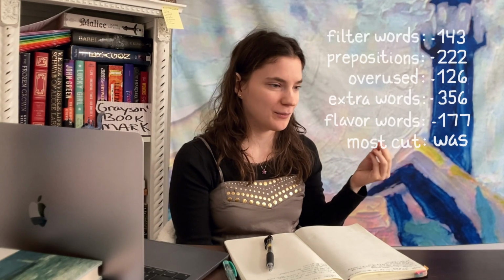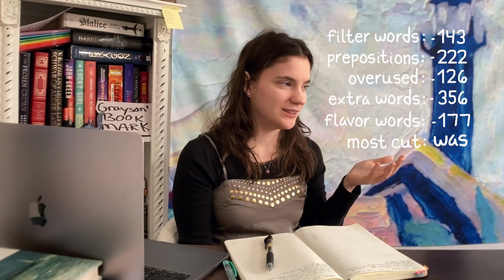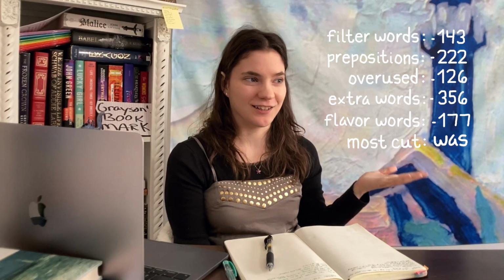I do have to confess that I did try to make a visualization of all of these words and how I cut them. I tried making an Excel spreadsheet of a 32 by 32 box, and I realized quickly how long it was going to take to fill in each box for each of these words, but I did want to do it. I wanted to show some other way of everything I did besides a pie chart, but I didn't make a pie chart either, so I'm sorry. But I did cut 1,024 words, and I might have some more data here for you, like about filter words and flavor words and etc. Here they are if I did that.